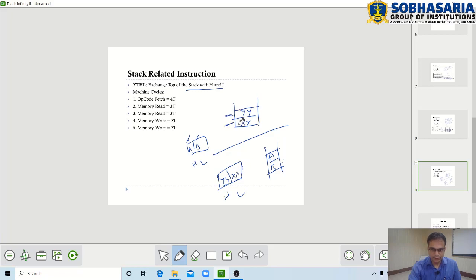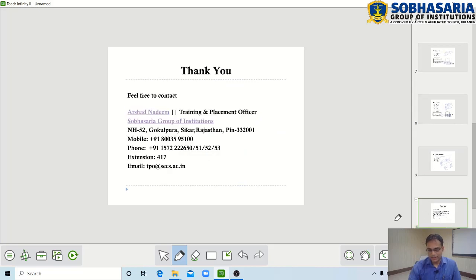So these two will be exchanged with these two. So this is called exchange top two element of stack. So this requires machine cycle 4, and then 2 memory read, this one, and then 2 memory write. These two data will be written over this location. So this is called memory write operation. Thank you.